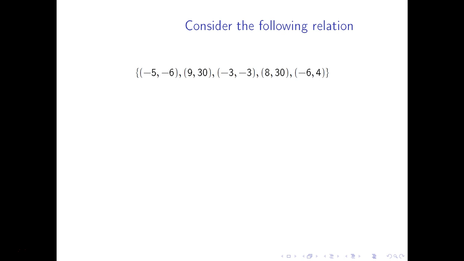So let's use this as an example. I have 5 different points. The first question I have for this relationship is, what is the domain? Well, back to the last slide, I told you the domain are the x values. Where are the x values in any given point? They're always the first numbers. So I have a 5, I have a 9, I have a -3, and I have an 8, and I have a -6. So we can literally write all those down, but we're going to use curly brackets,